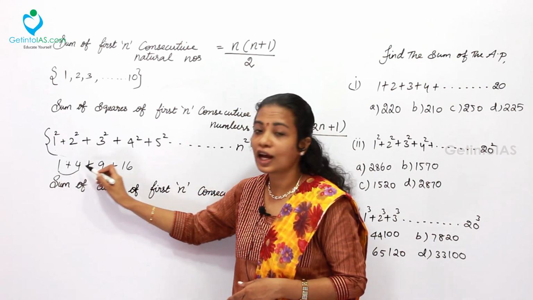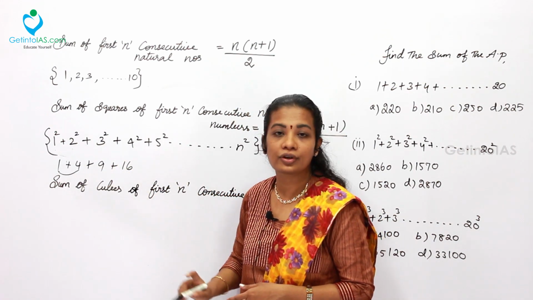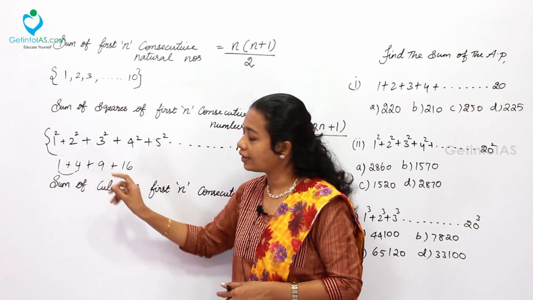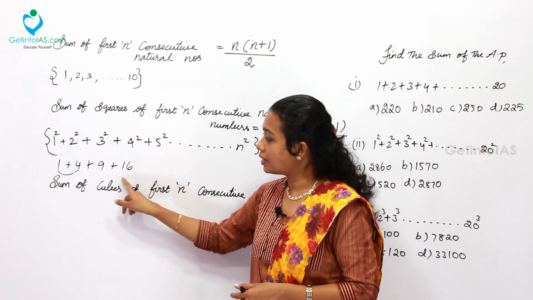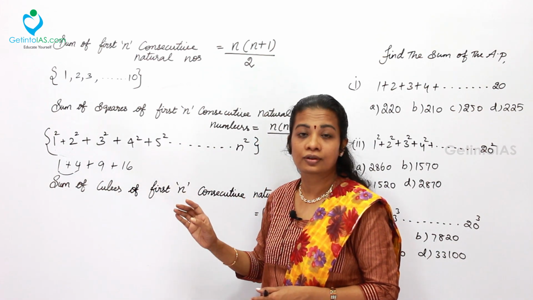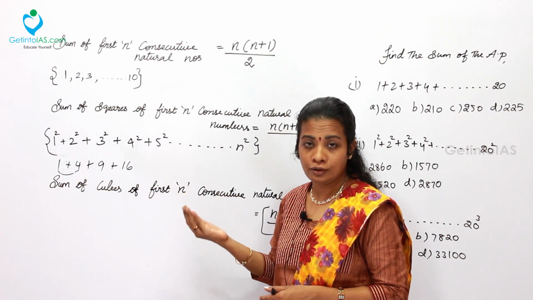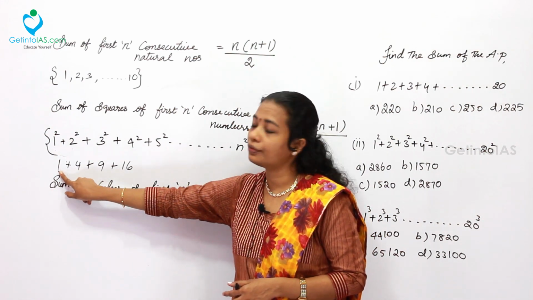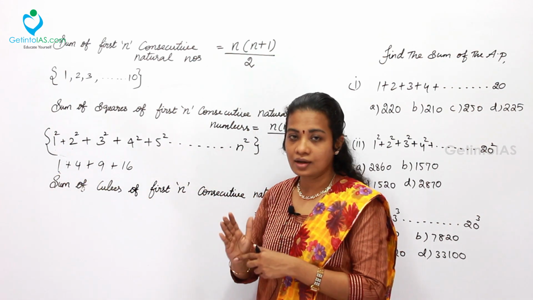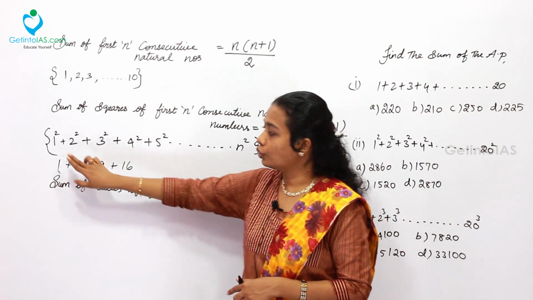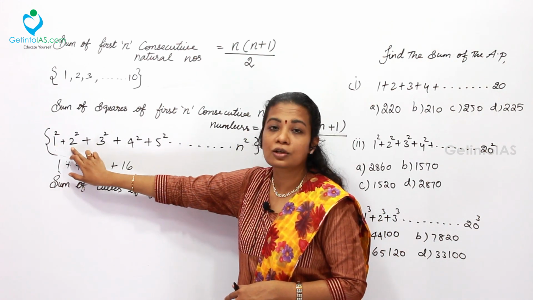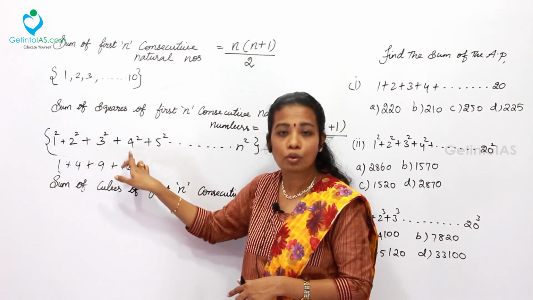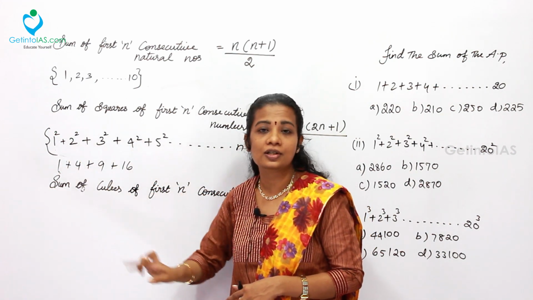But here you can notice that the common difference is not the same. That is 1 and 4 the difference is 3, 4 and 9 the difference is 5, 9 and 16 the difference is 7. That is consecutive odd numbers are the differences. So how can you say there is a common difference between the values? We can't say that definitely, but you could see that the difference between the bases, 1 and 2, 2 is the base, 3 is the base, 4 is the base, the common difference between them is 1.